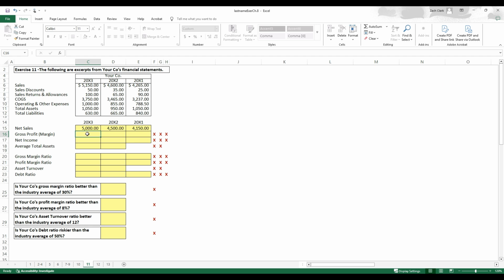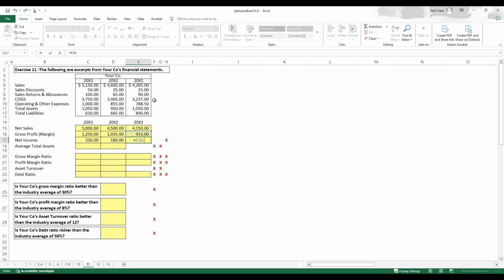Okay, and then let's see, gross profit margin. It's not wanting the gross profit margin ratio here necessarily, but we're just taking the total here minus COGS. Again, I'm just going to copy these over and then update the specifics of the formula. So for the new COGS each year, and the net income, we're just taking gross profit minus